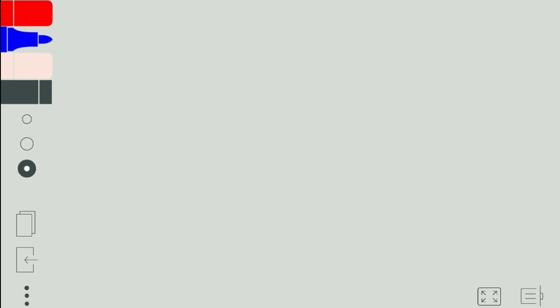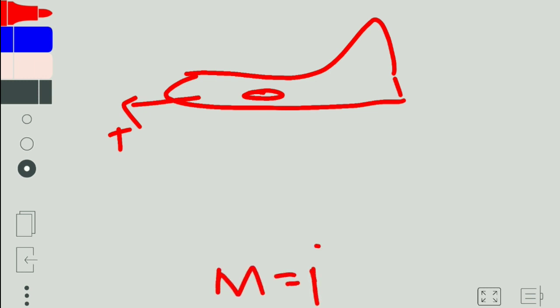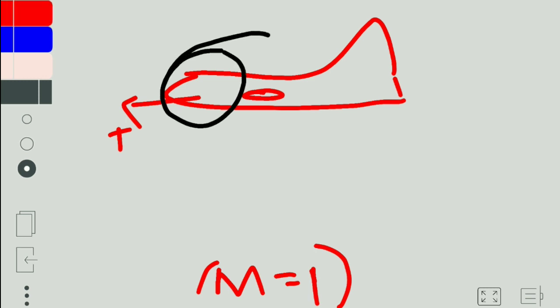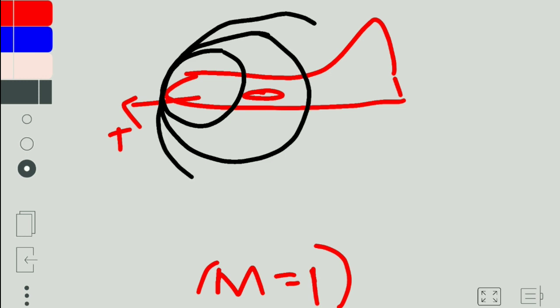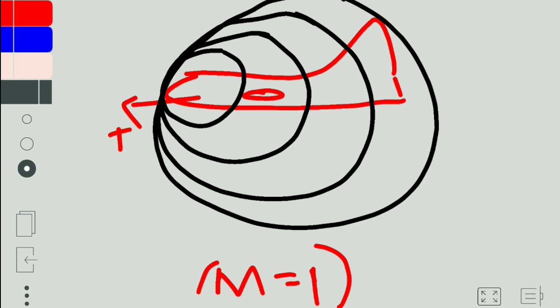I'm taking the case of an aircraft itself. If an aircraft, which is moving in this direction, is moving at a speed equal to the speed of sound, which is Mach 1, what happens here? We get waves overlapping. So what happens here is that when the aircraft speed is equal to the speed of sound,